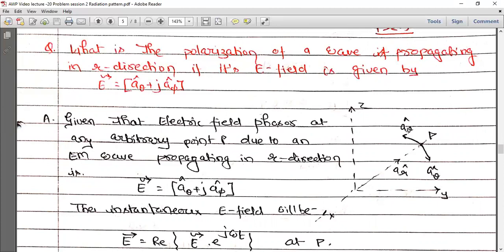In a very simple sense, if you want to understand it differently, please don't confuse yourself, I am just telling you to consider it as a case. Suppose the wave is propagating along the Y direction. The point P is on Y. In that case, a r cap and a y cap are the same. And in that case, you can consider a theta cap to be along the negative Z axis and a phi cap to be along the minus X axis. So you can think of a r cap along a y, a theta cap along minus a z, which is perpendicular to a r, and a phi cap along minus a x, which is perpendicular to both.